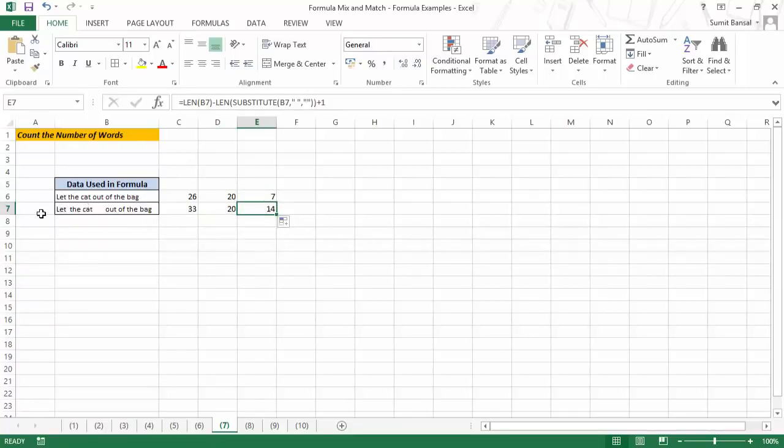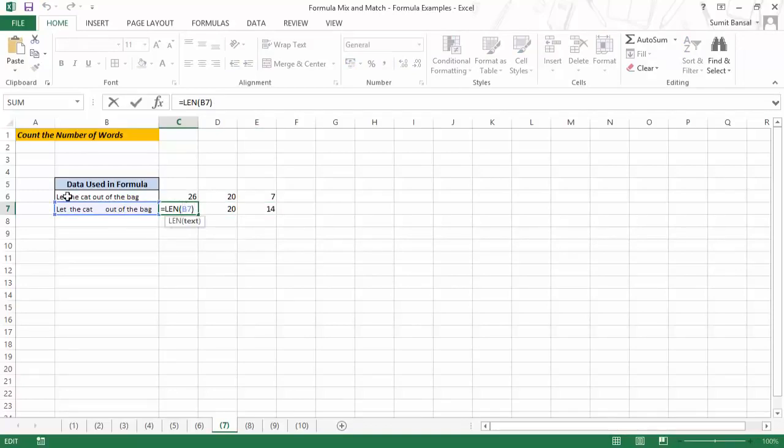The reason here is simple, that it is also counting the number of characters. Since it is counting the number of characters, it is counting extra spaces as well. So here, if I go and check here in B7, it is this entire thing. But if you only want to have one space between words, we would use the formula TRIM. And what TRIM does is it would remove any extra spaces, leading spaces or trailing spaces, and would only leave one space between words. Now if I hit enter, you see I get the same result as above, which is